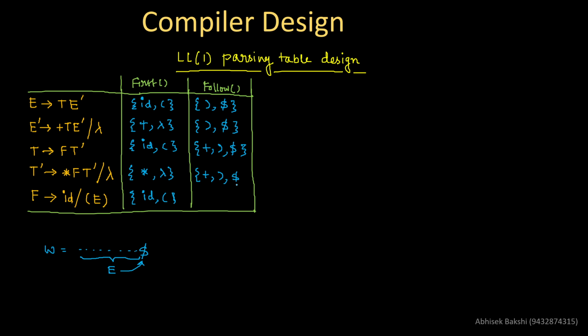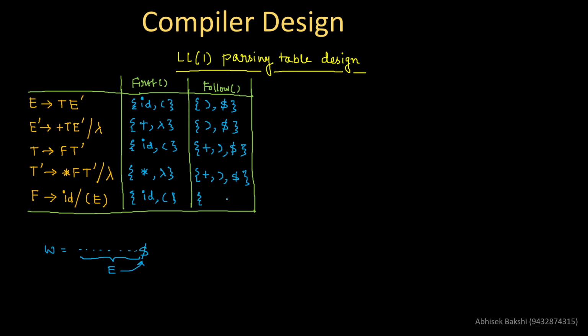And other than these three, if anything is present, I should check with this production rule, because here also T dash is the rightmost character in the RHS. That means follow of T dash should be follow of T dash. So it is a recursive one, and nothing new I will find, and here it ends.